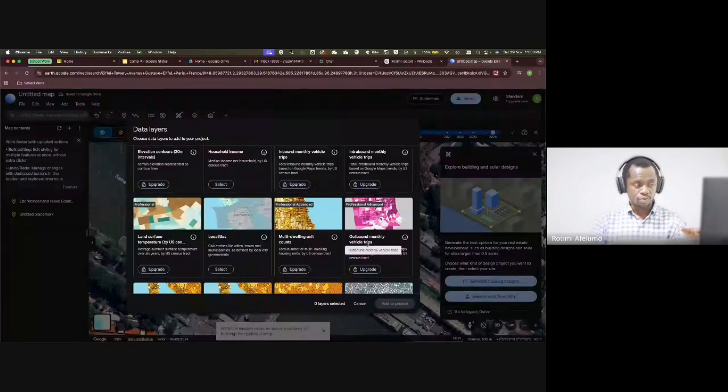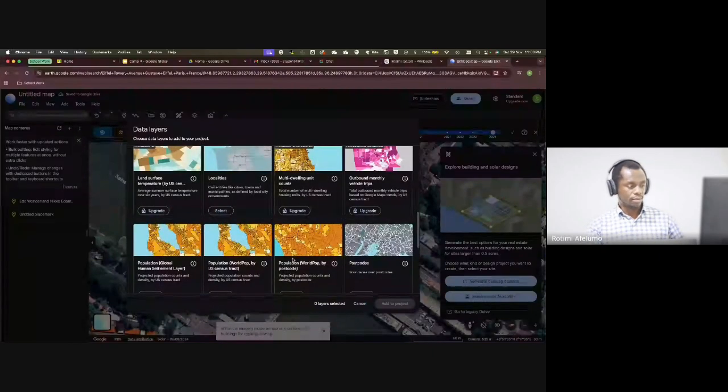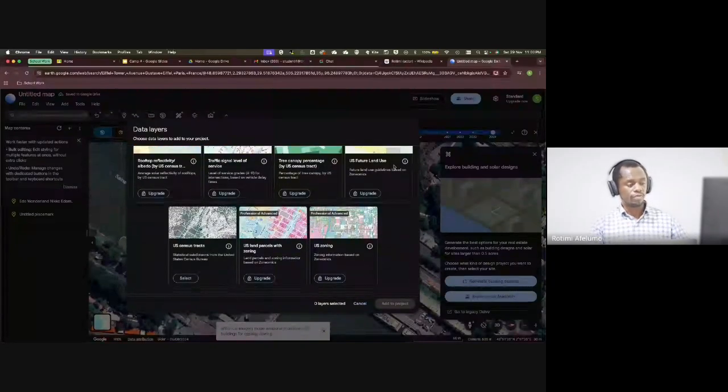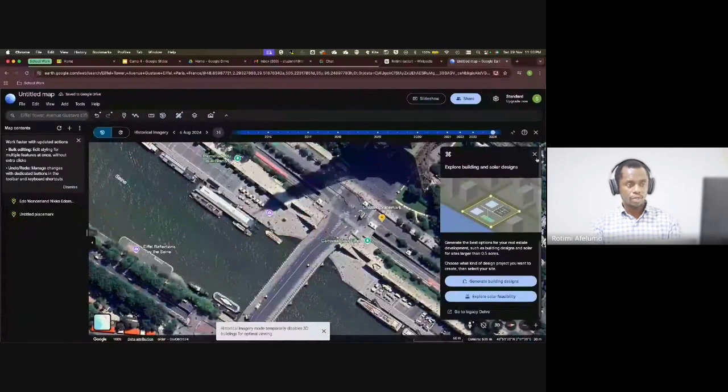Some of them are paid services, some of them are not. I've done monthly vehicle trips. So you see, this one tells you the number of vehicles that leave a place. Some of them are free, some of them are not free. They are paid, depending on the location where you find yourself. So Google tool